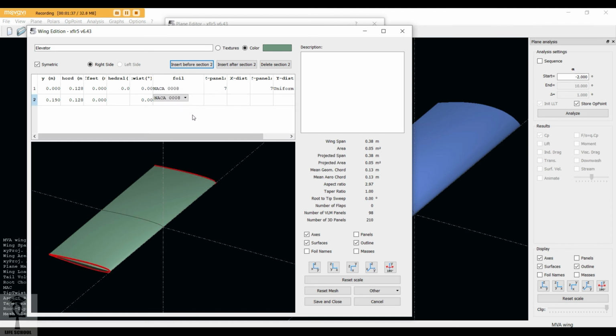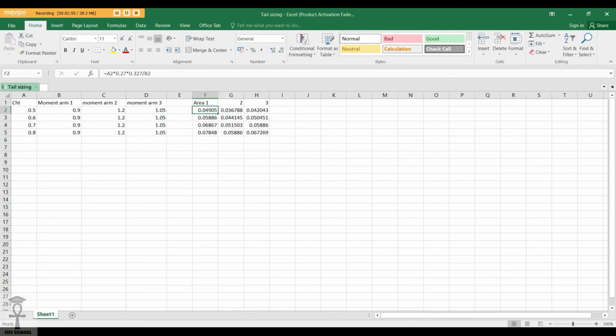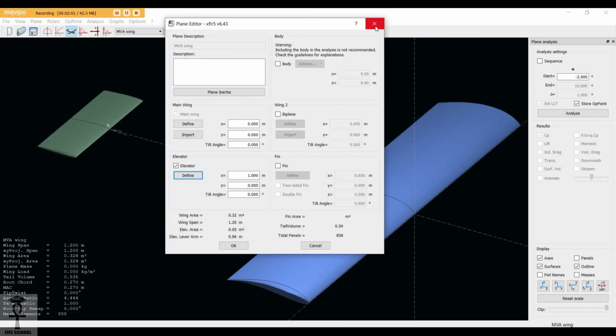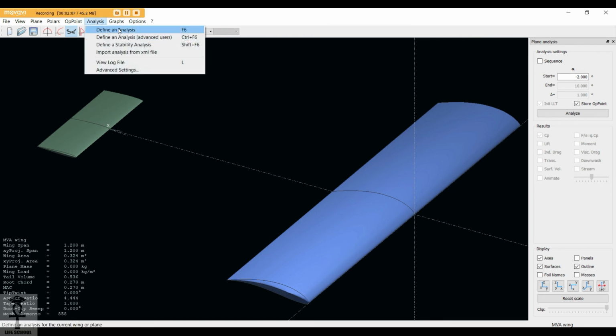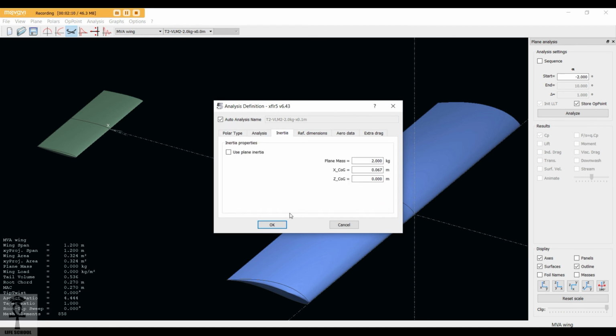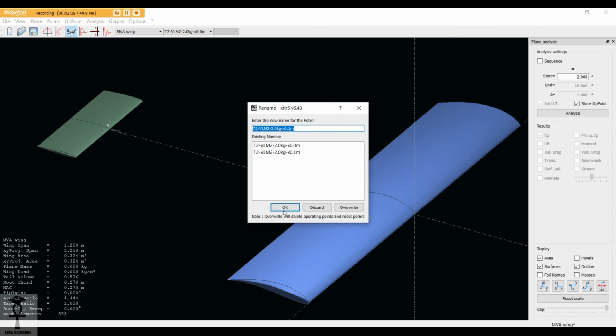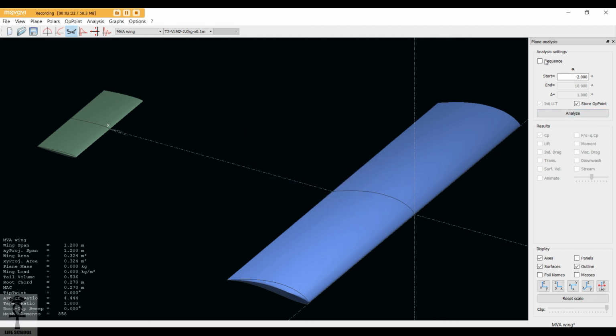The tail foil should not be cambered, so the tail foil should always be symmetric, so you have to do a foil analysis for analyzing the tails before. Then again you model the tail and run a fixed weight analysis. From this you will get to know the location of the neutral point. Like if I run an analysis right now, define analysis, lift, inertia, yes, okay, I have defined the CG as 1/3 chord or 1/4 chord. You can define like that. At 1/4 chord you should determine the CG first, then run the analysis and sequential analysis.